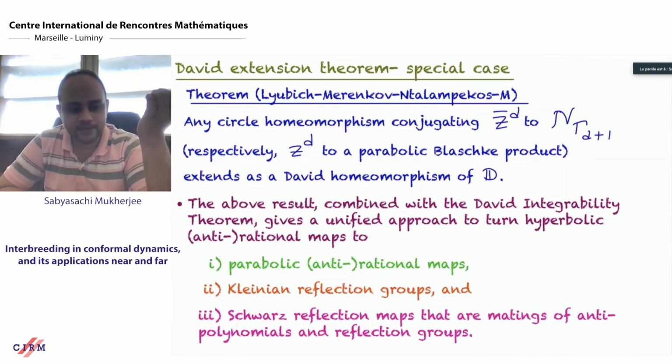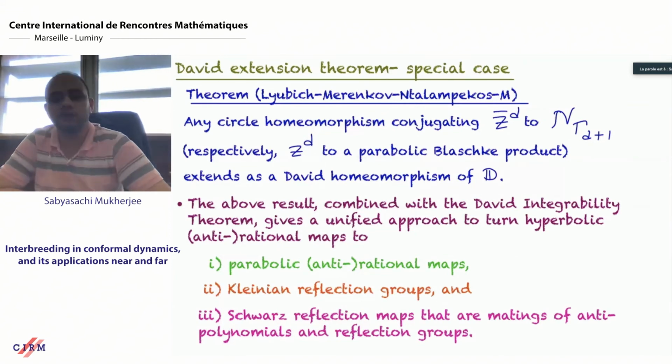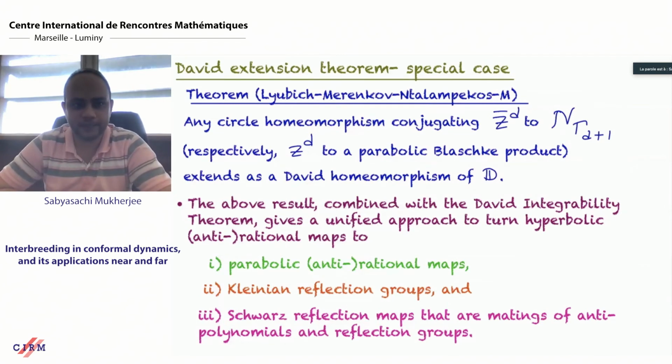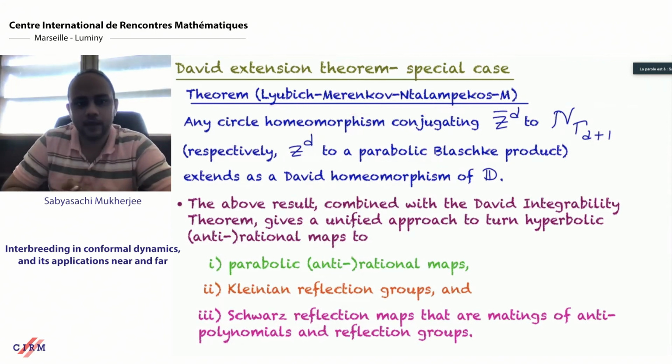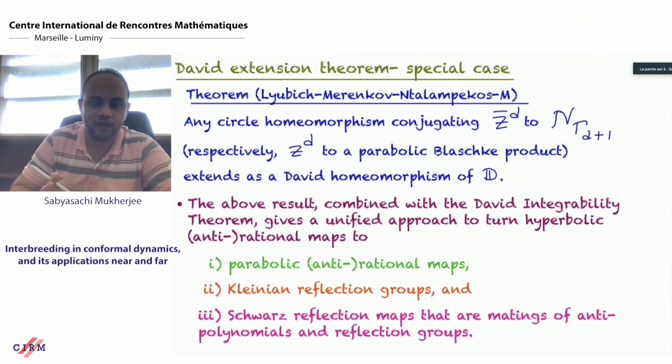What you need is a new extension theorem, some kind of an improvement of the Ahlfors-Beurling extension theorem for maps that are not quasi-symmetric. And this is something we proved jointly with Misha, Sergey, and Dimitrios. The theorem is stated in the paper in somewhat larger generality, but let me just state it for the context I need.